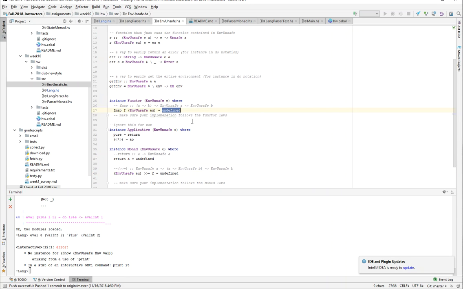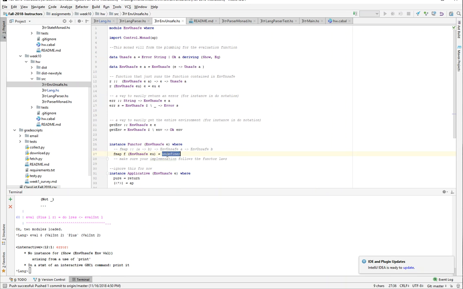So there are some unobvious things that you could do. For instance, let's just follow the types and do something bad. If this is an unsafe environment, well, the only way to create an unsafe environment is to use the constructor. So let's use the constructor. Okay, and that takes in a function, so let's start a function, and let's just be silly and always return an error. So this will actually type check,